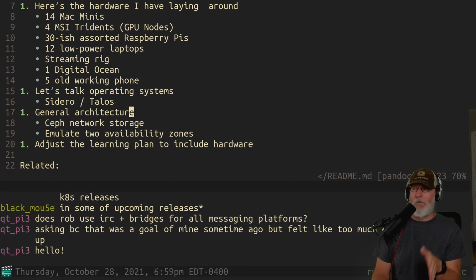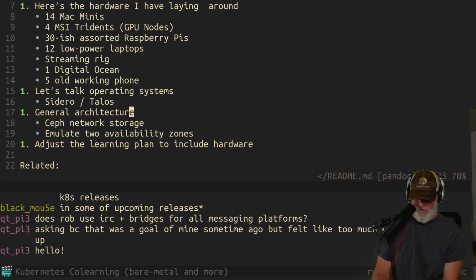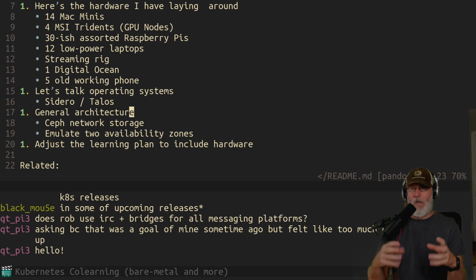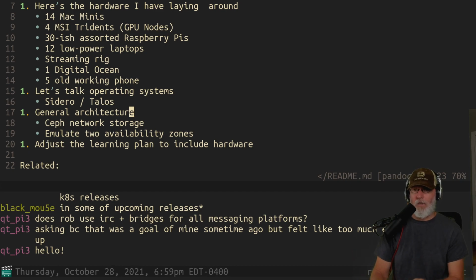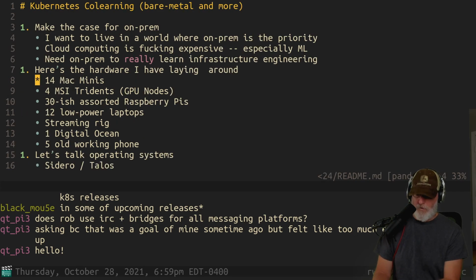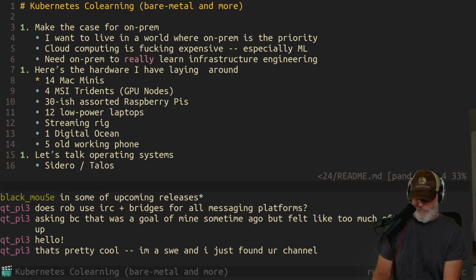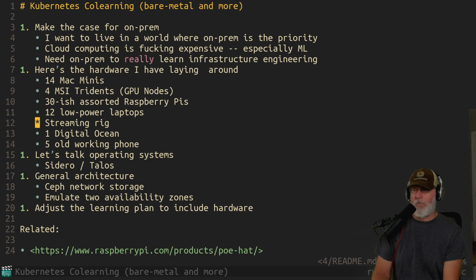I am planning, however, to move to this. This is actually the application I want to deploy to my Kubernetes cluster. I want to make a live stream community platform manager that takes in all of the chat and then has a central client that everybody can tie into. That's an application I want to write in Go that I will eventually be doing as my basis for this. Just a heads up on that. So that's where that's going.